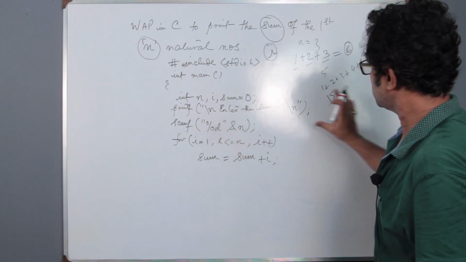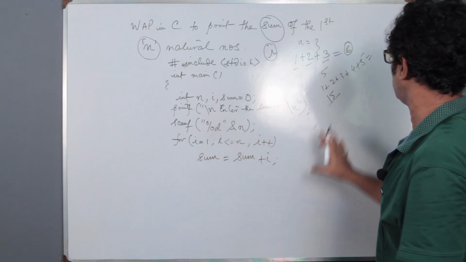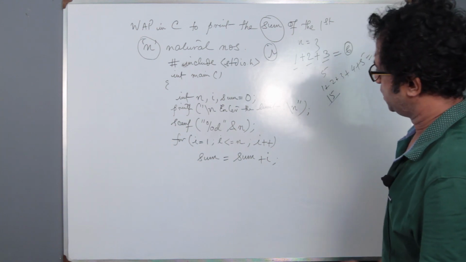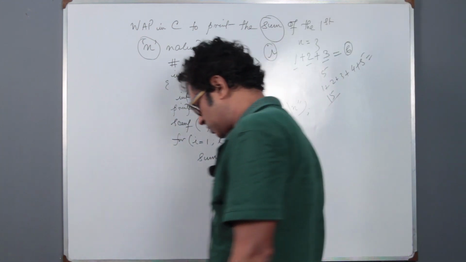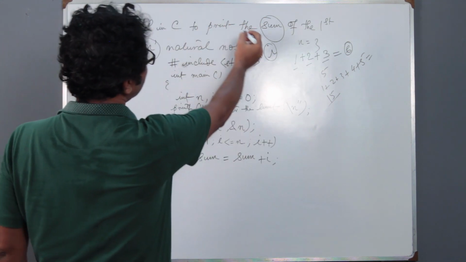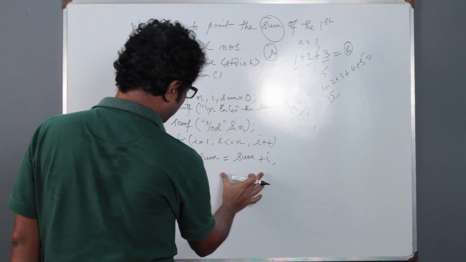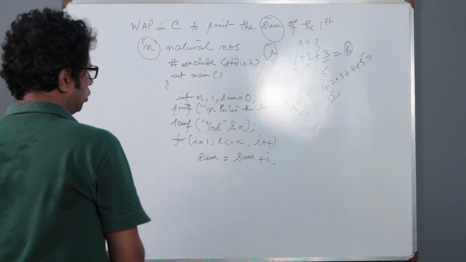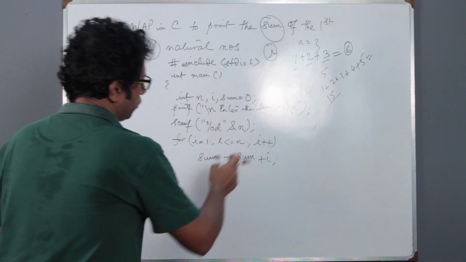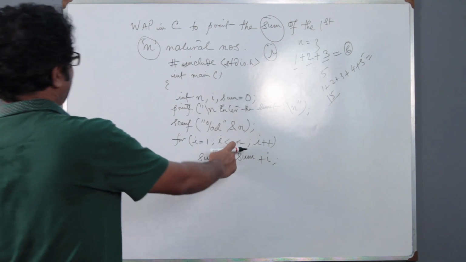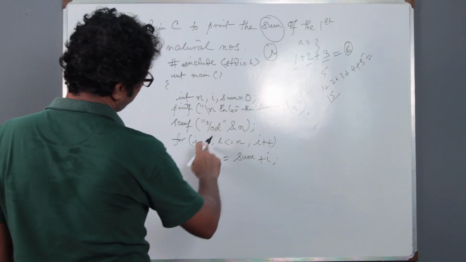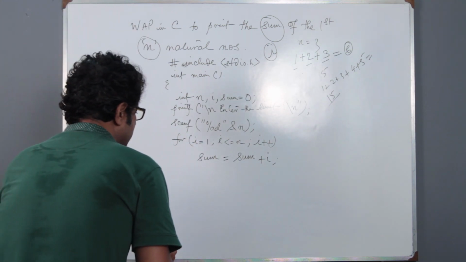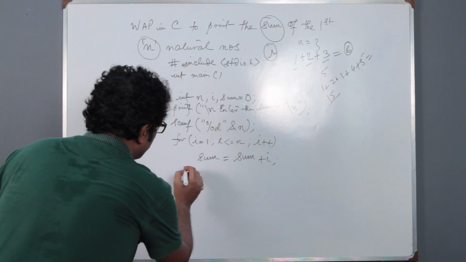So this is the logic which is implemented by the for loop, where we find the sum of the first n natural numbers. So now our next objective is to print the output. We have determined the sum of the first n natural numbers inside this loop construct. Then we'll come out of the loop when the loop condition will not hold, when i will surpass the value of n, then the program control will come out of the loop, and then we go to the next expression statement of the program.